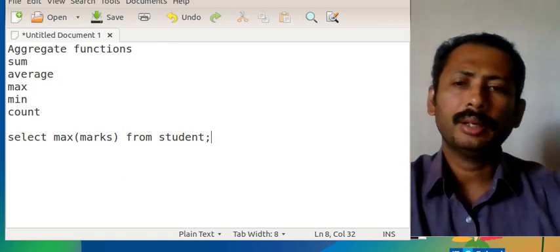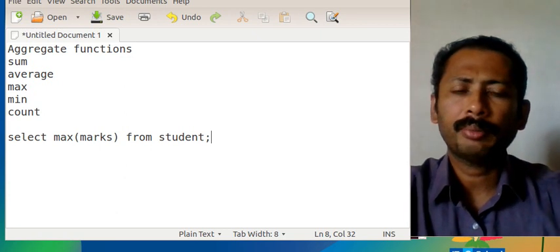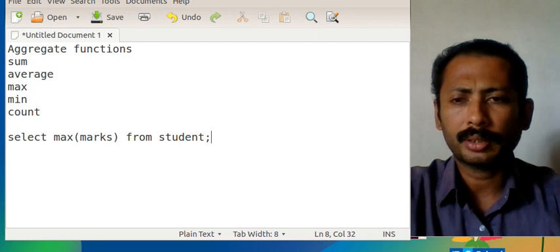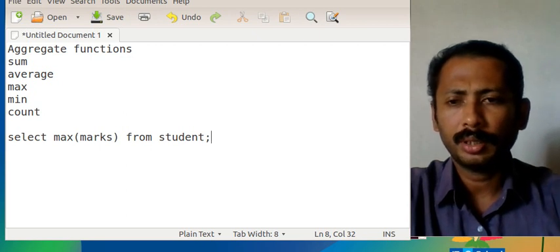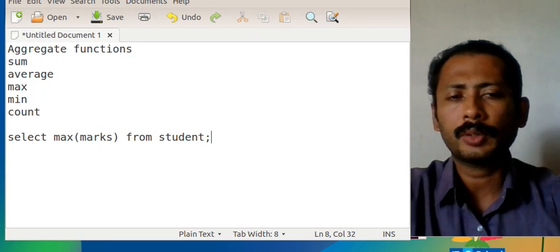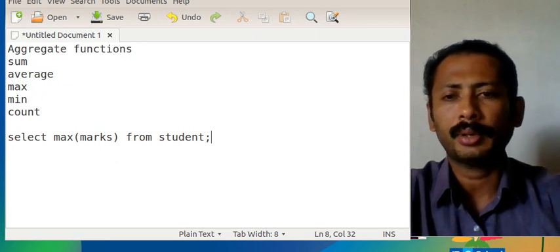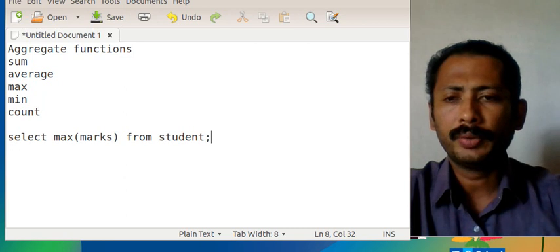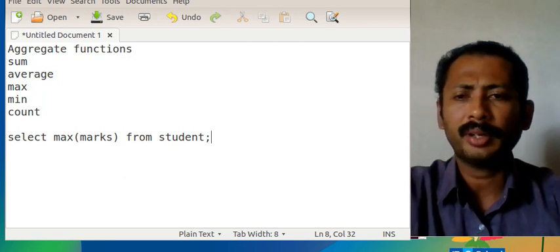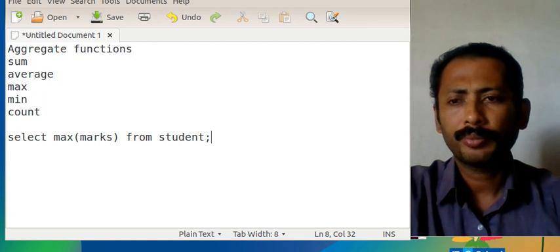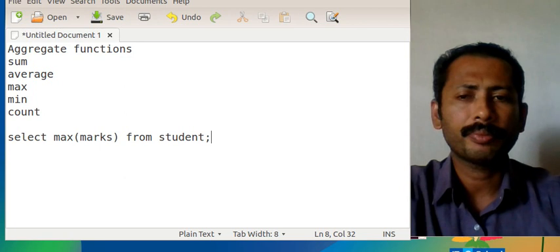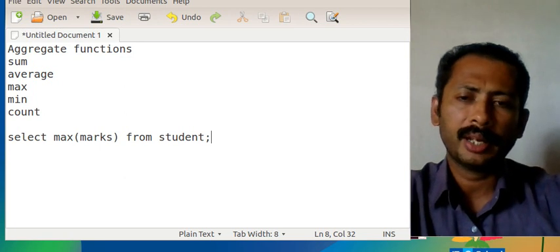So selecting max of marks from student means it considers all the marks from all records, and it gives back the maximum marks. Likewise, we can give count of marks, meaning how many entries are there in the marks field. Then we can give minimum, average, sum. So these are the aggregate functions.